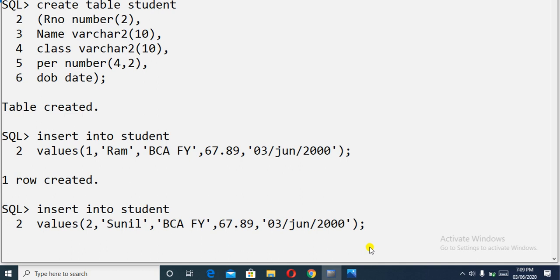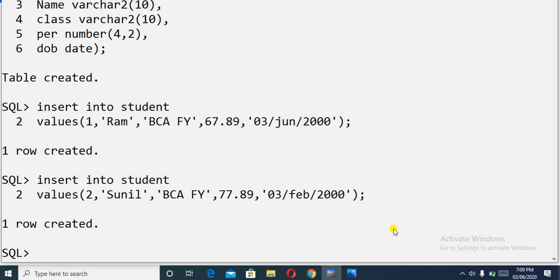Now the percentage will be, suppose 77.89, and date of birth will be, suppose Feb instead of June. So this is about the second record.